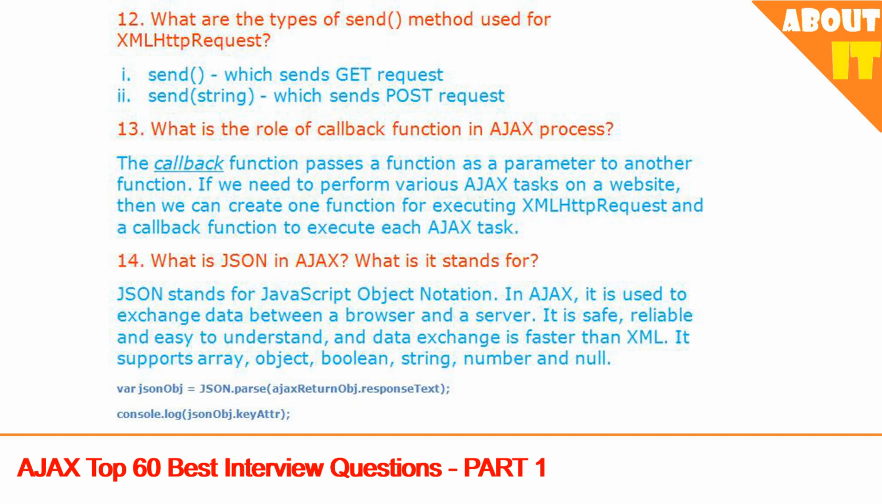14. What is JSON in AJAX? What does it stand for? JSON stands for JavaScript Object Notation. In AJAX, it is used to exchange data between a browser and a server. It is safe, reliable and easy to understand, and data exchange is faster than XML. It supports array, object, boolean, string, number and null. var jsonObj = JSON.parse(ajax_return_obj.responseText); console.log(jsonObj.get);